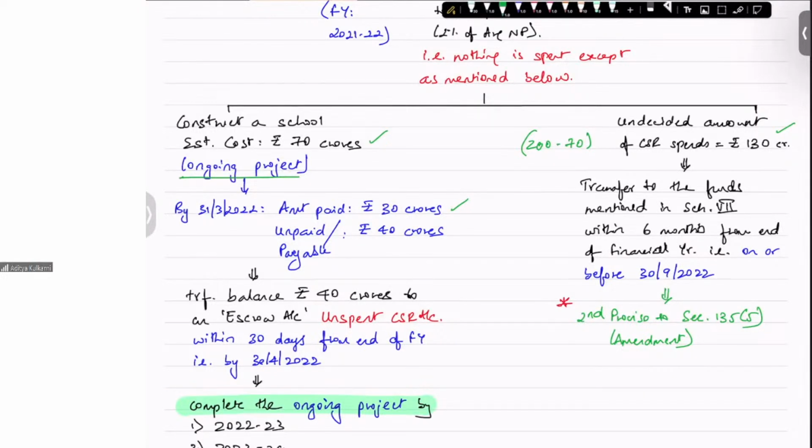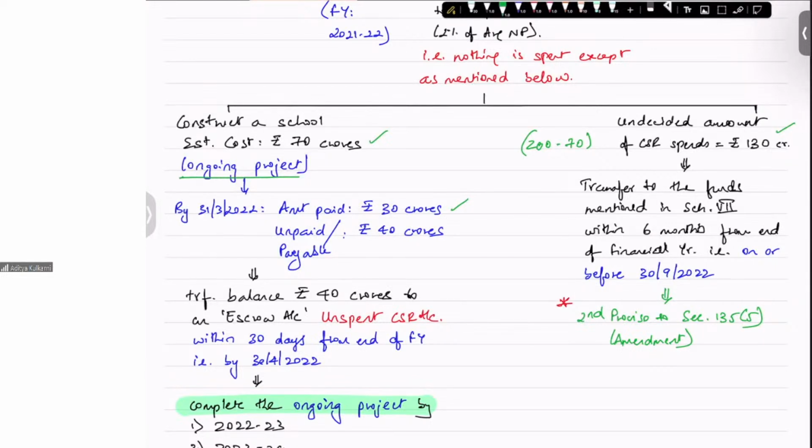200 crore is your CSR liability. I have identified that I need to construct a school. The cost of that is about 70 crores. Out of 70, I have already paid 30. So this becomes my ongoing project. Out of 200, 70 is for an ongoing project. So 130 crore, I have still not decided where to spend it. So these are the facts. Now,